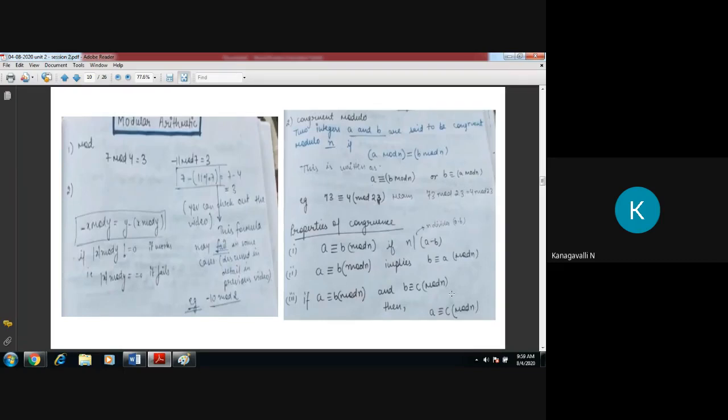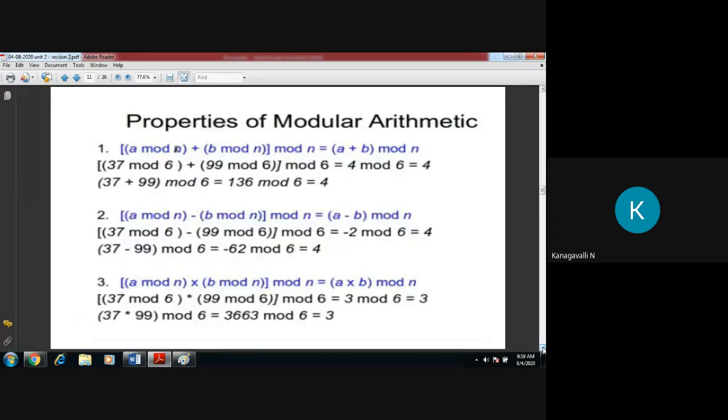See, in the mathematical part, you are following my instructions step by step, then only you can understand clearly, right? If A is congruent to B mod n and B is congruent to C mod n, then the result should be, see, this is the third variable, right? Then the result should be A congruent to C mod n. At least take a pic or write something or take a screenshot of this page, right? Then see that our next topic is properties of modular arithmetic.